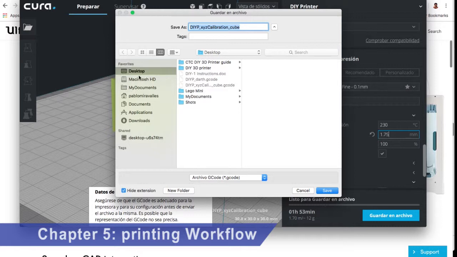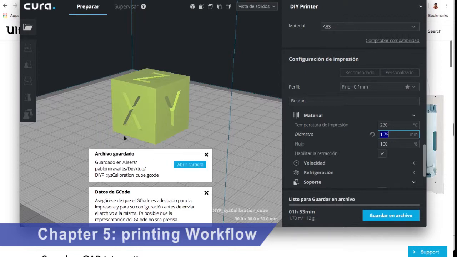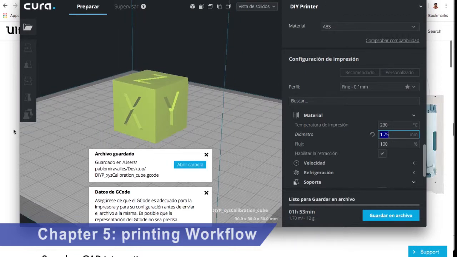Let's save in the desktop with this name, calibration cube. I will replace, yes, and it's already saved. And here, if you see, we have our file that is a .gcode file. I will pass this file to the SD card, and then I will connect the SD card to